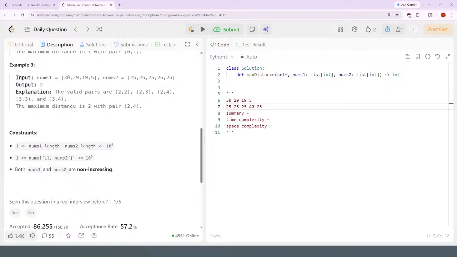Both nums. Oh, I should have noticed this. Nums1 and nums2 are non-increasing. So that couldn't possibly be 40. I mean, it could be 40 if it was something like 40, and then there's a bunch of 50s over here. Okay, I need to leverage that. Yeah, it's almost certainly linear, especially with this. I almost want to say it could be linear even without this constraint, but